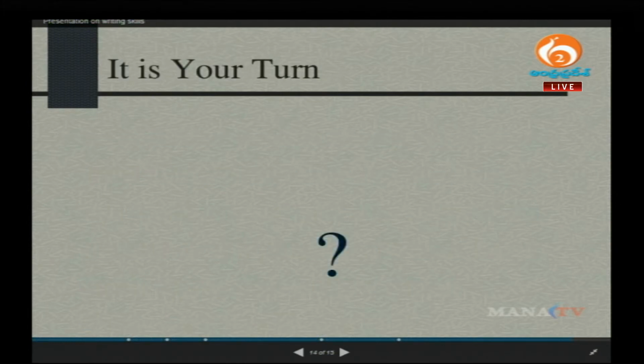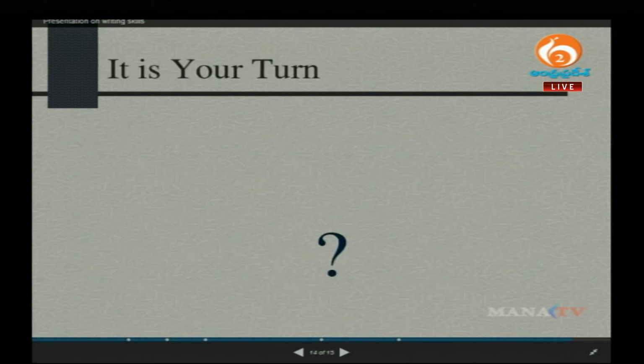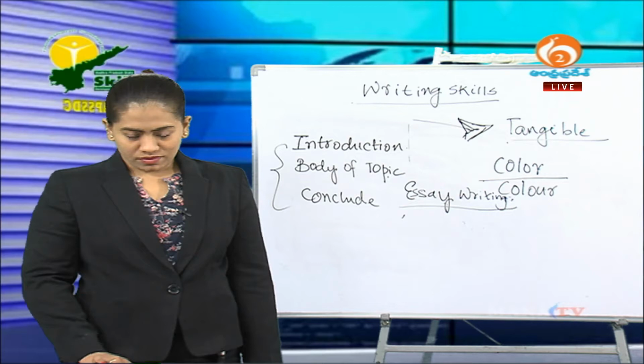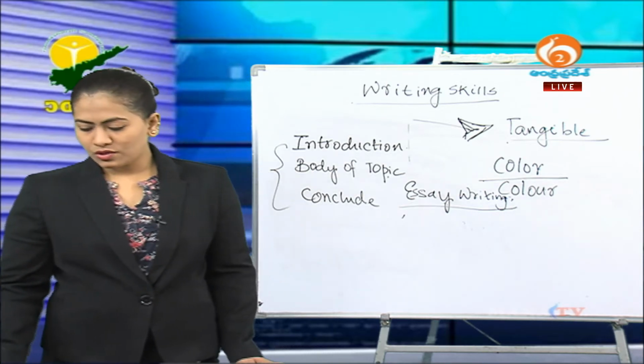So how would you convey the same thought? I'll go back, I'll place this slide for about a minute or so. I want you guys to read this, and if you have to convey the same thing in your own thoughts, how would you do so? So this is food for thought. How would you convey the same piece of information when your turn is given? So this is it with regard to your food for thought that we are talking about in terms of getting